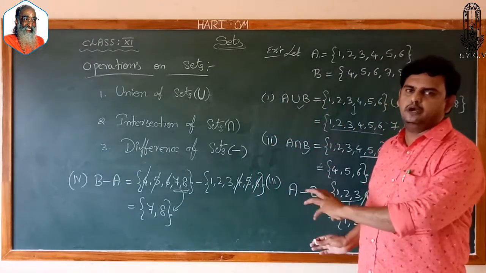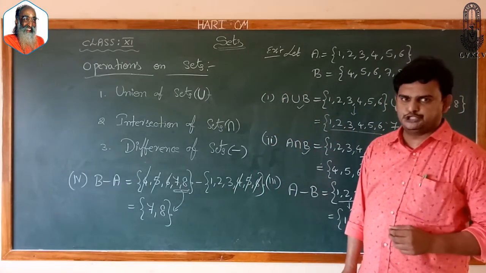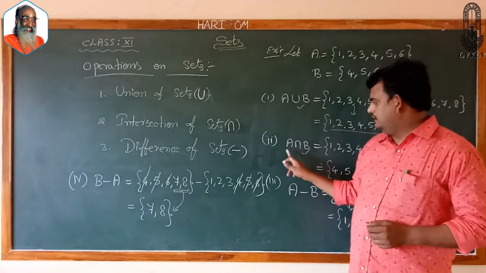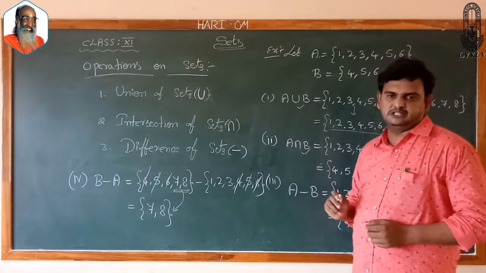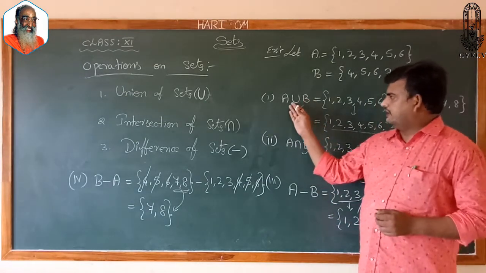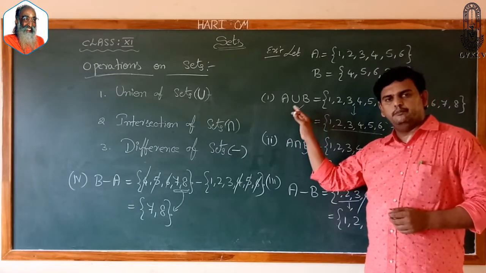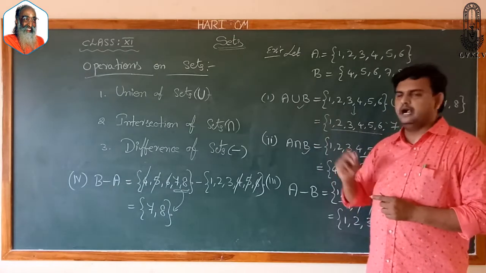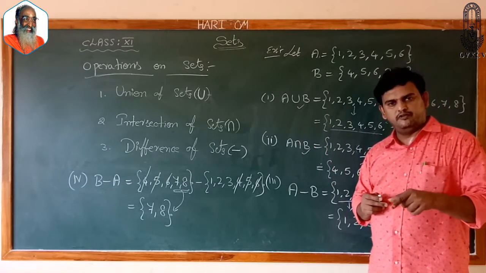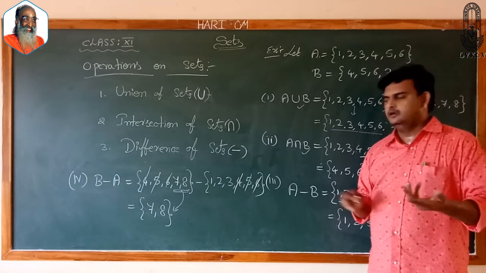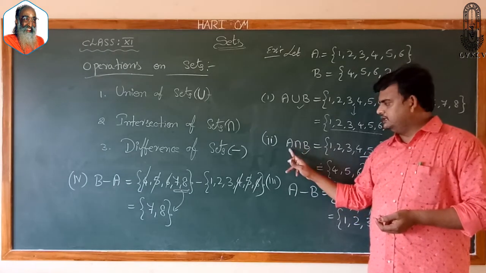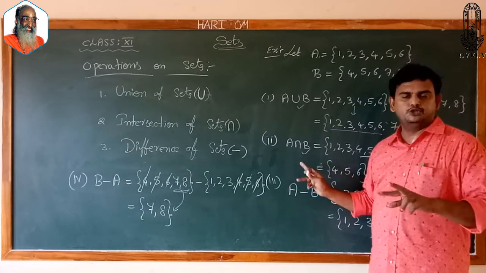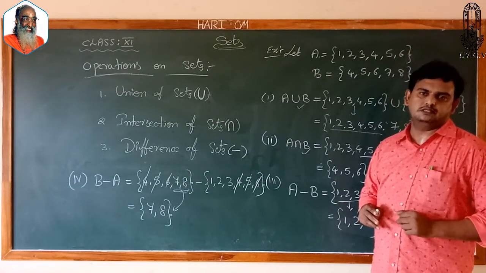So here the difference is quite different. And now you may ask a question. Sir, you have done A union B. Why can't we do B union A? A intersection B. Why can't we do B intersection A? Here, calculating A union B or B union A, both give the same result. Like addition: 2 plus 3, 5. 3 plus 2, 5. A intersection B, B intersection A also gives the same result. Like multiplication: 2 3s are 6, 3 2s are 6.